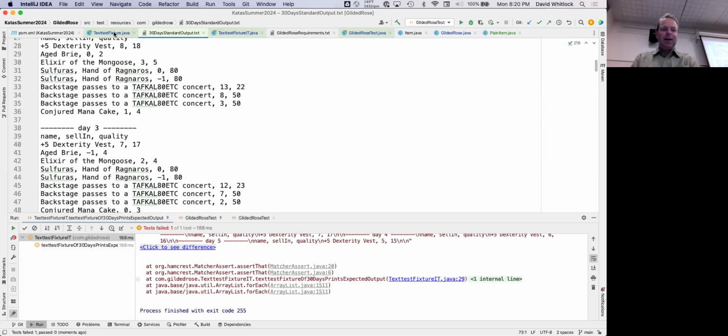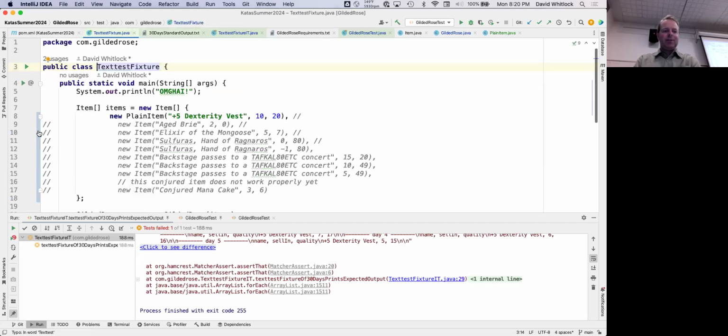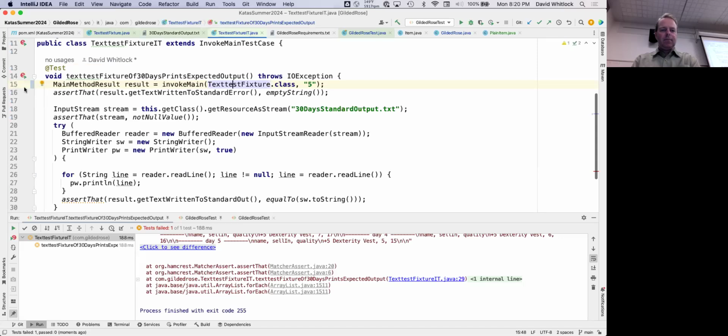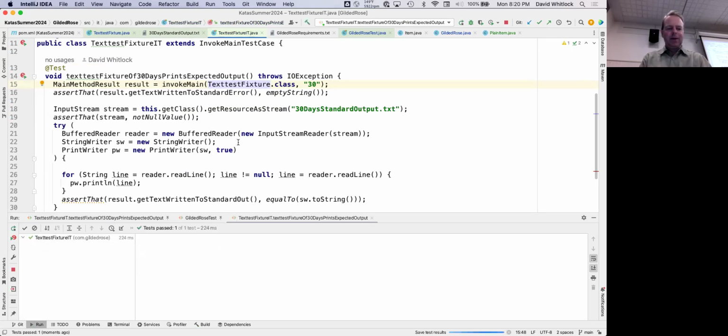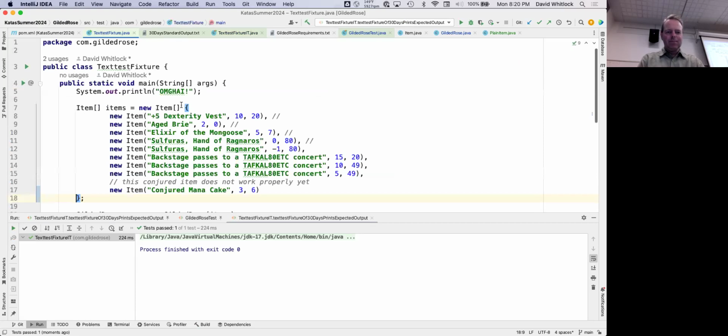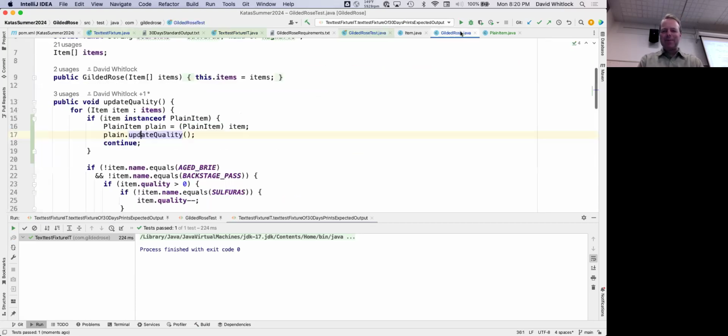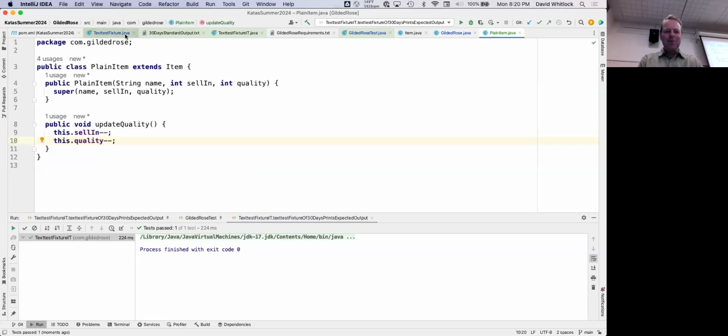And so I'm going to take a step back and revert my changes, like that change there, and go back to 30, and just make sure that, yes, this really fails. Because again, I don't understand why this is failing, because I thought I implemented my plain item update quality. Oh, wait, it works out. Son of a gun. Right, wasn't that failing before? I hate when that happens, because I know that we saw that fail.